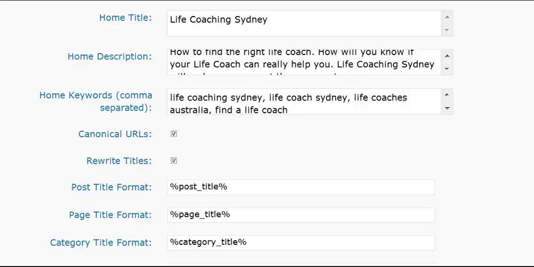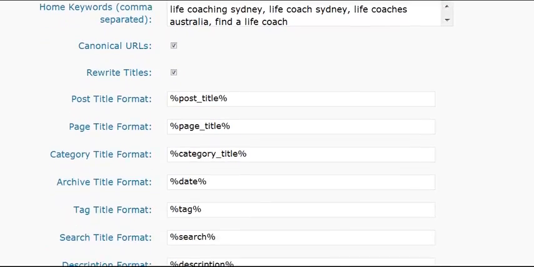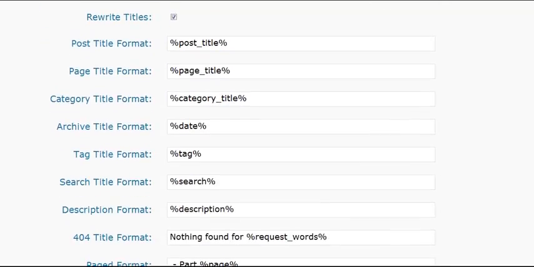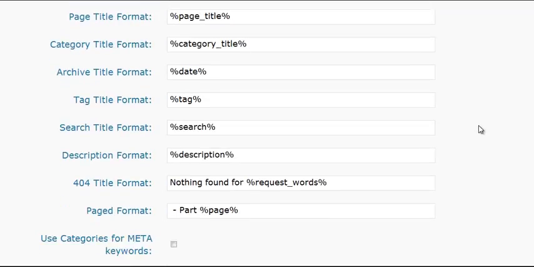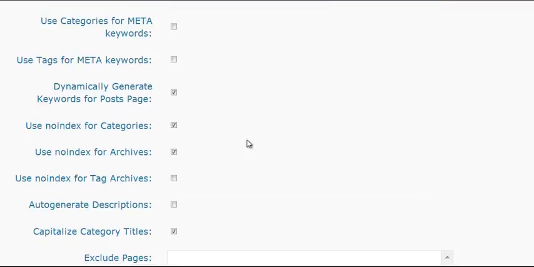You can just follow what I've done basically, but the important ones, these are usually already in there and there's nothing you have to change, it comes automatically, but there's a few things we want to make sure of, and that is to use noindex for categories and noindex for archives. The reason we want to do that is to avoid duplicate content. Duplicate content can penalize your website. So if you have an article on your home page and then have the same content on another page of your website or blog, then